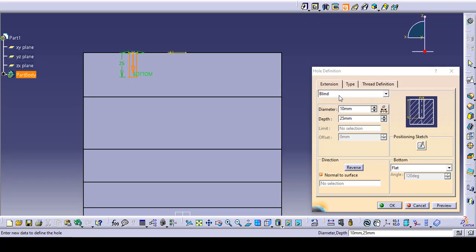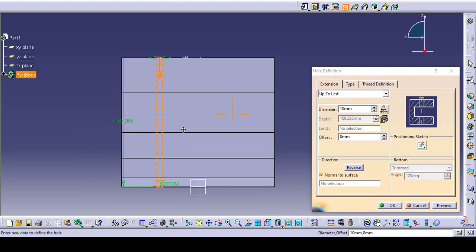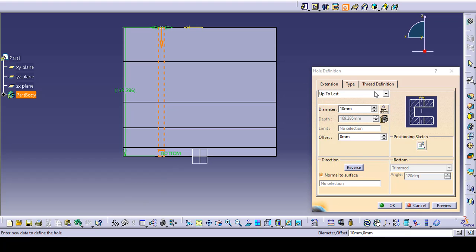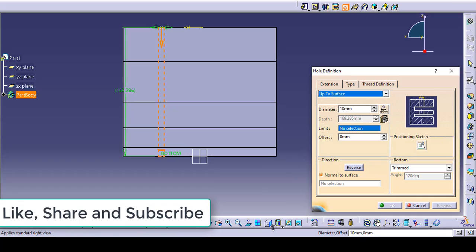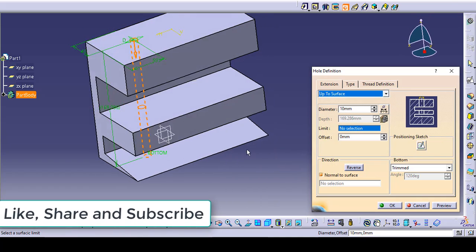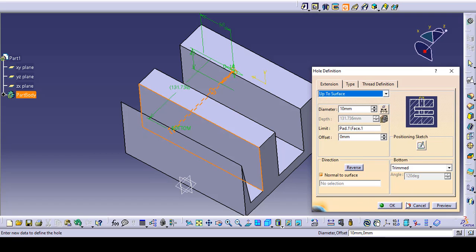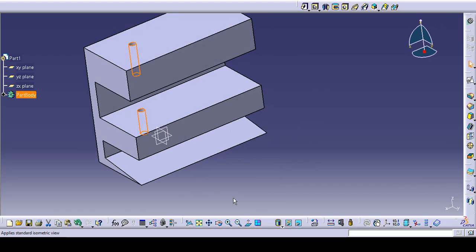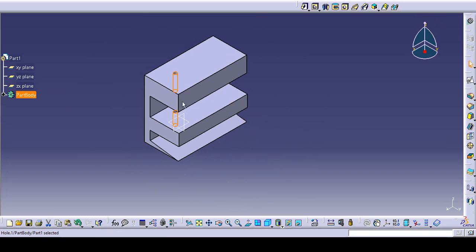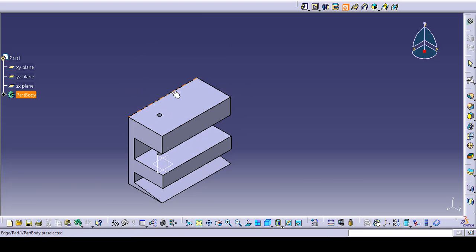blind is this, or I want up to next. Up to next is this surface. Up to last, so it will make a through hole on this solid component. Up to surface, I need to define a particular surface up to which I want to create a hole. I need up to this surface. Okay, preview. This is the one method, and the second method is